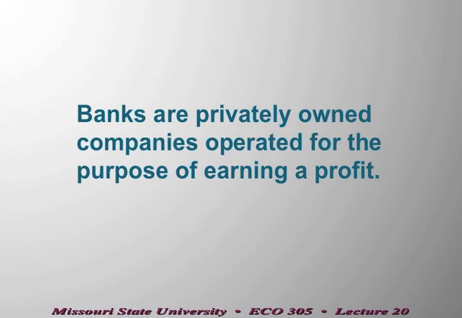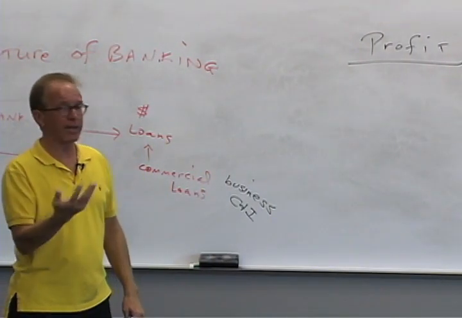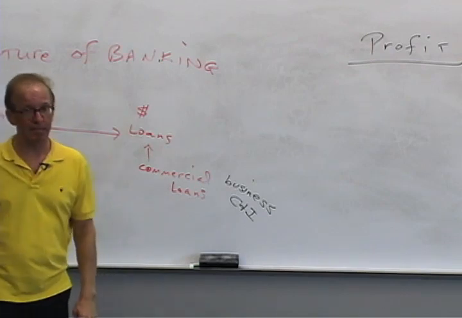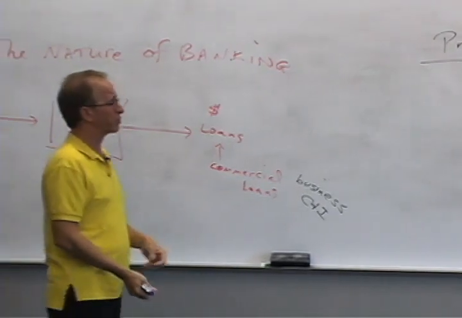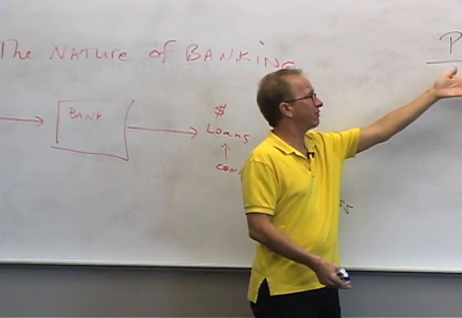But so what we have is a private company, a bank. It's owned by private investors, not by the government. In many other countries, governments do own banks, and that has been a problem for those other countries. What happens is when the bank is owned by government, the people that run the bank tend to get their orders from politicians. And very often they make loans that are not going to be paid back, but they make those loans because it's politically popular. There's pressure to do that. But anyway, I don't want to go down that path very far.